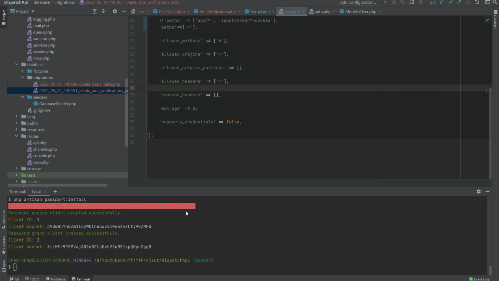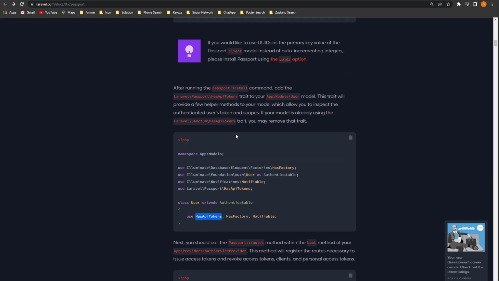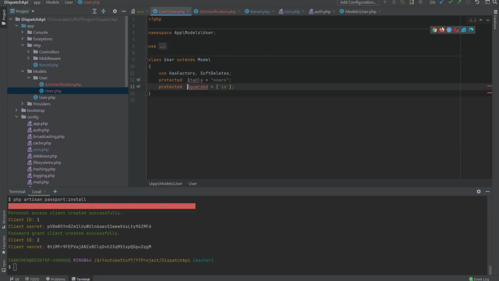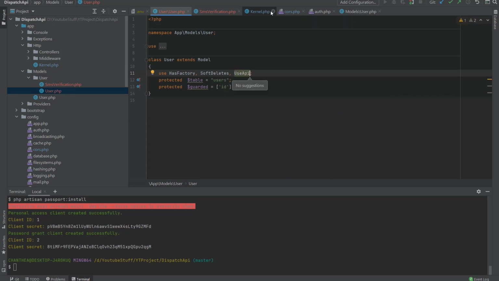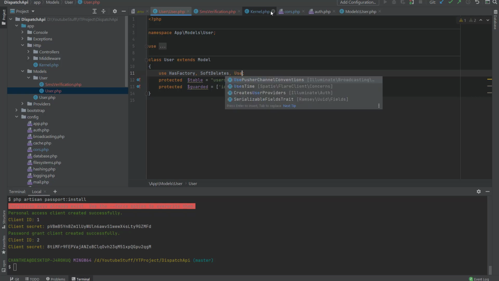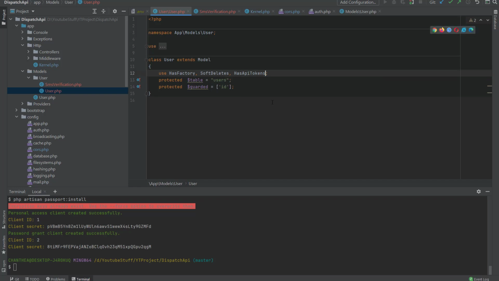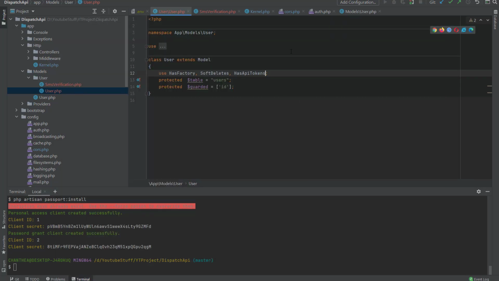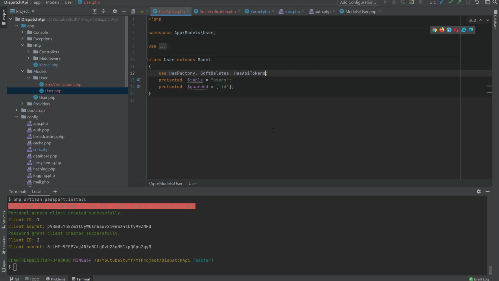Alright, so to use Laravel Passport, we need to add HasApiTokens to the model that you're gonna use. So let's go to User. Here we go, use HasApiTokens from Passport. Notifiable. Okay. Alright, after that,